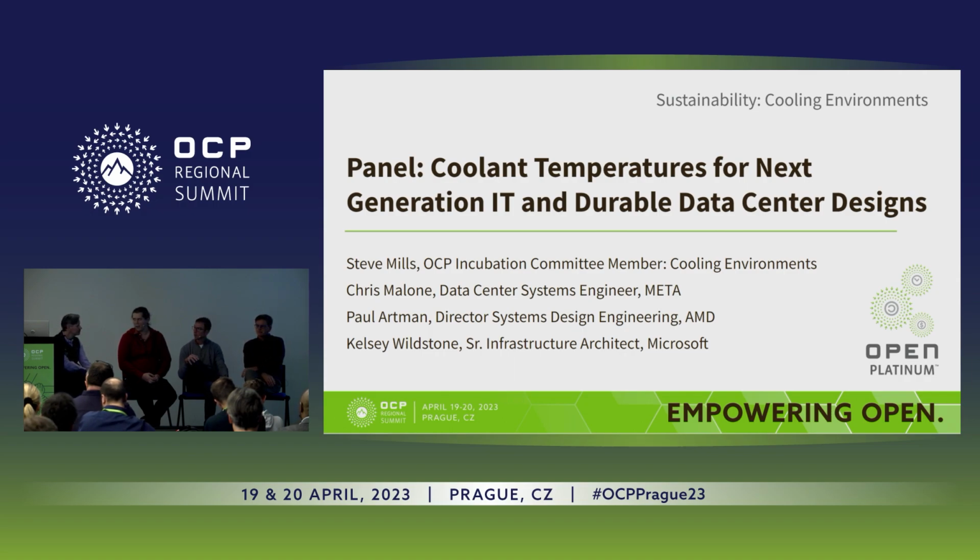The other thing about 100% is, I think a lot of times when people ask a question like, hey, are we going to see 100% liquid cooled, they're thinking at the server level. Like, is 100% of the components in the server going to be liquid cooled? Well, from a certain standpoint, if you look at data center design, you could answer that as yes, because